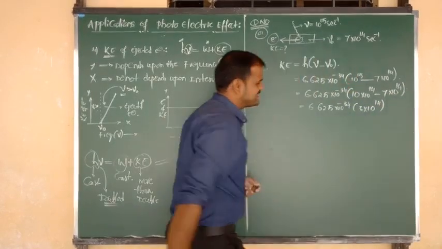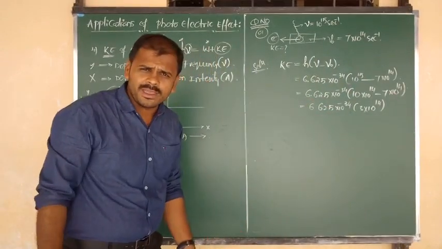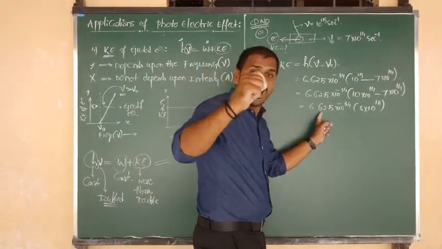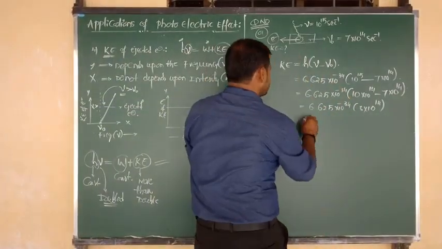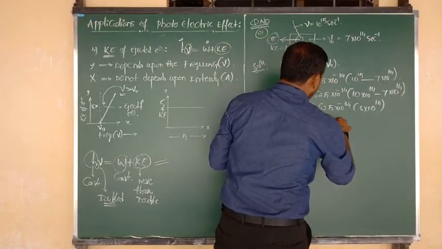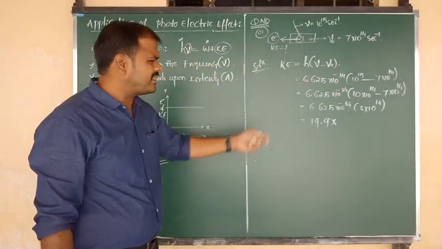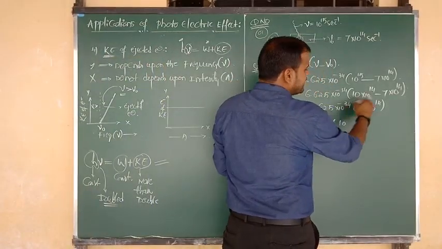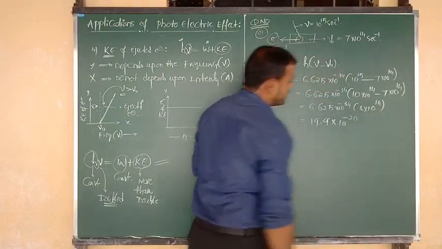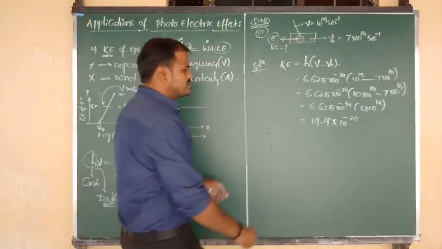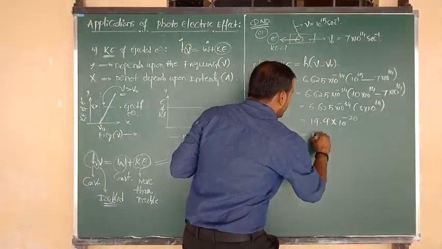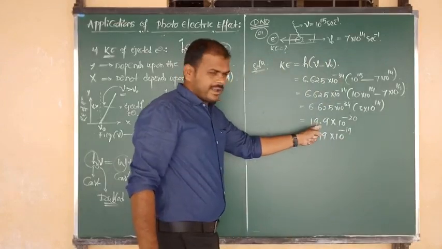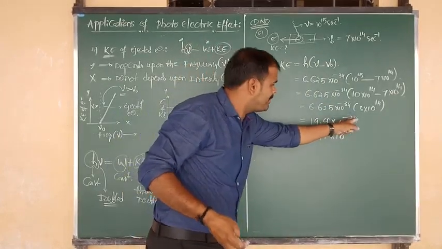I hope you understand. So 6.625 into 3 means 6.6 into 3, 19.8. But if we did the complete calculation, we get around the same value, 19.86387. So we can write the approximate value 19.9 into 10 to the power of minus 34 plus 14. 34 minus 14 is nothing but minus 20. So when we simplify this into one decimal point form, 1.99 into 10 to the power of minus 19. If the decimal point shifted backward, it would become minus 21.